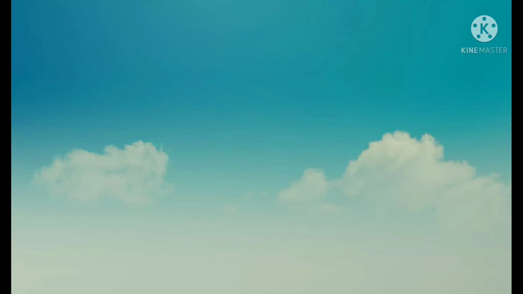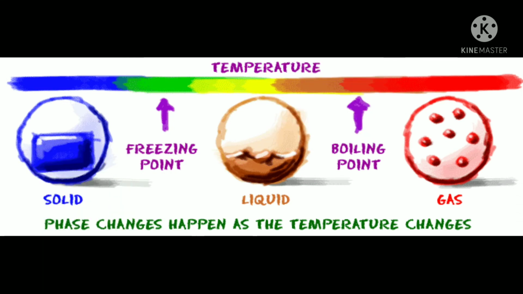We see that the three states of matter which are present in our surroundings are generally classified into solids, liquids and gases. By the help of temperature, when we provide it, the solids can be converted into liquids and liquids can be converted into gases. The processes are melting and boiling respectively.